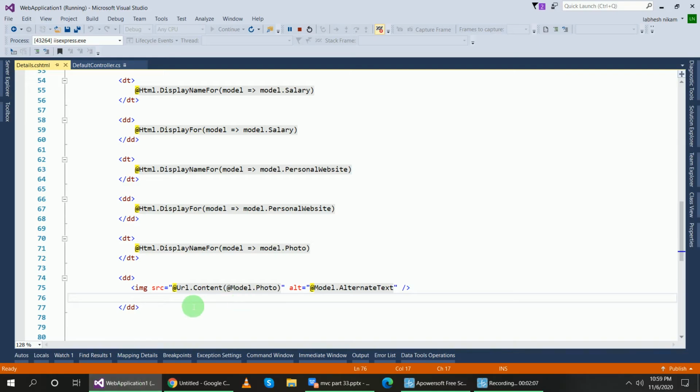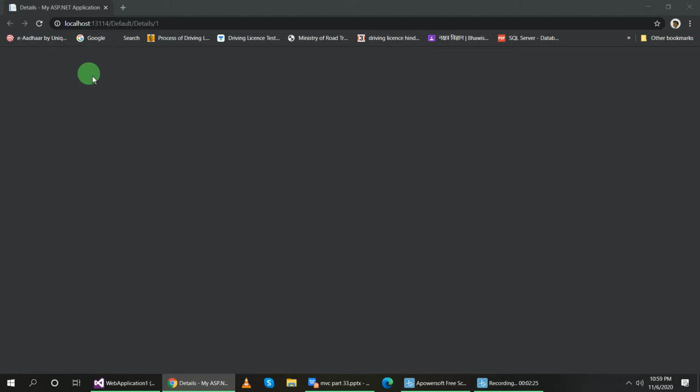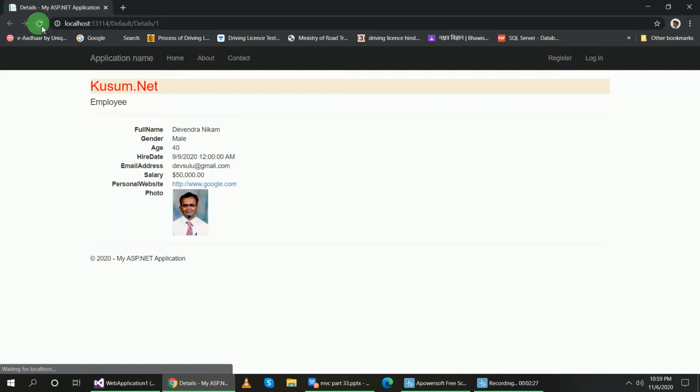In this image tag you notice that @Url.Content, and inside of that I was using @Model.Photo and the alt tag to display the photo name. Now this output is generated. In the last session we saw how I added this type of photo in the form using this image tag.